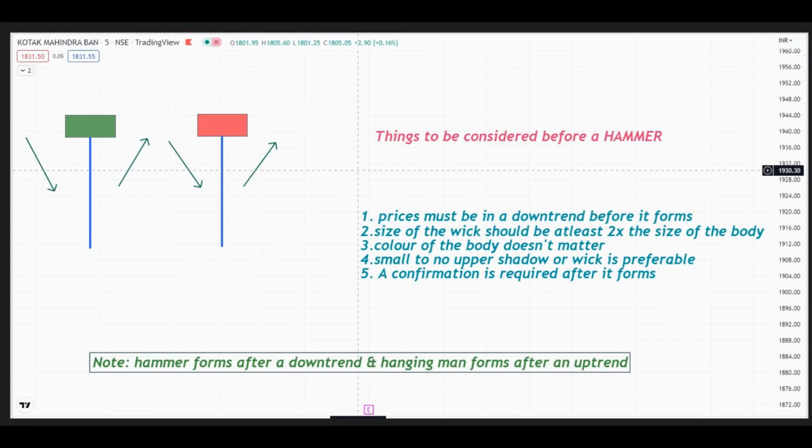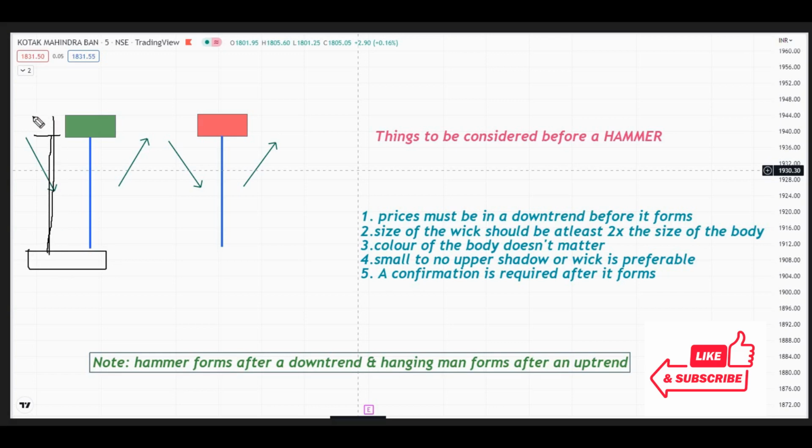So in hammer, say prices opened around this point and sellers push the prices aggressively towards the downside, but from here buyers have become very aggressive and they aggressively push the prices towards the upside and closed around the high of the day. Okay, same as this,